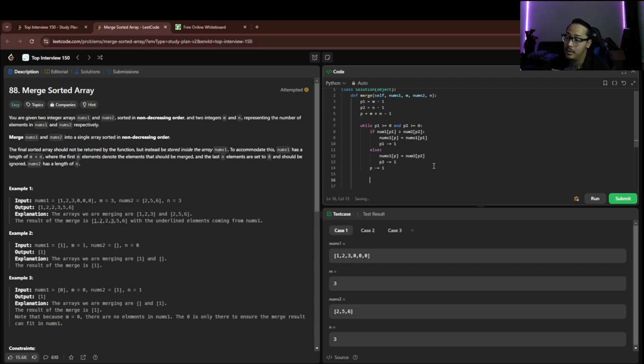And then we also have to, if there's anything left in nums2, essentially copy them into nums1. We don't have to check nums1 because they should already be in place, right? Just given this example, they should already be in place. If that's the case, so we're going to essentially do